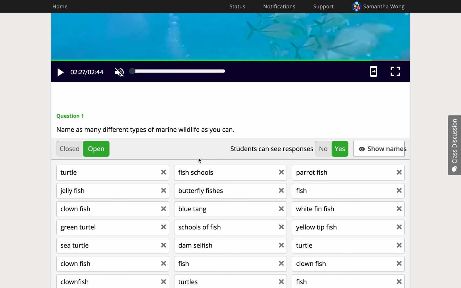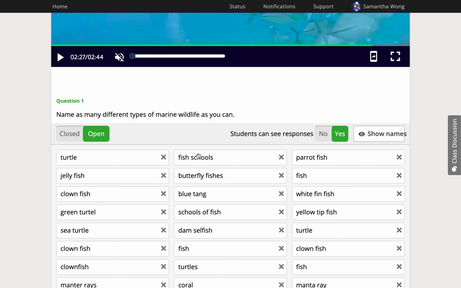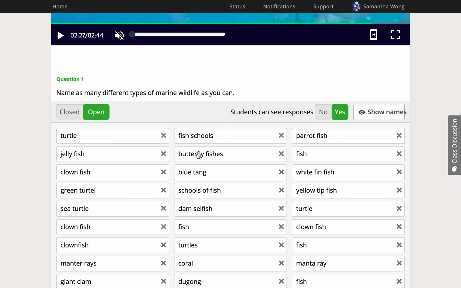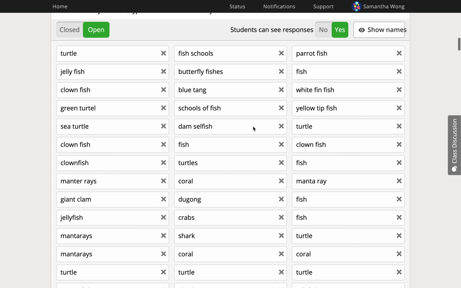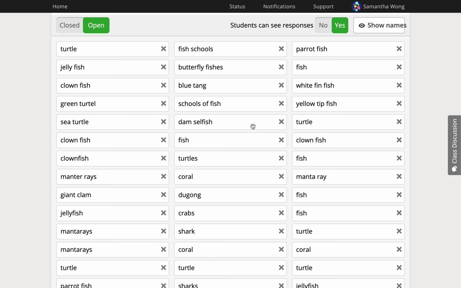Moving on, we have here a bit of an introductory poll. Students have been asked, name as many different types of marine wildlife as you can. Now, different types, I'm happy for it to be different species or as a general type of animal. So if we quickly take a look at the array of responses,